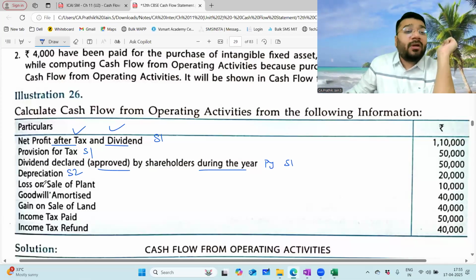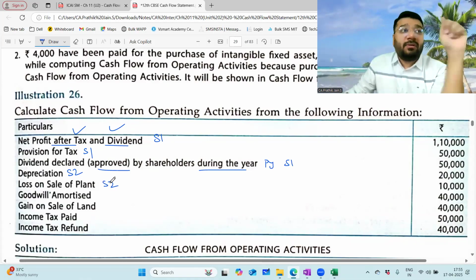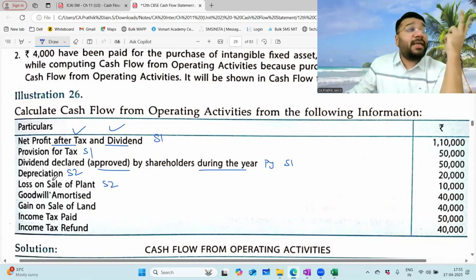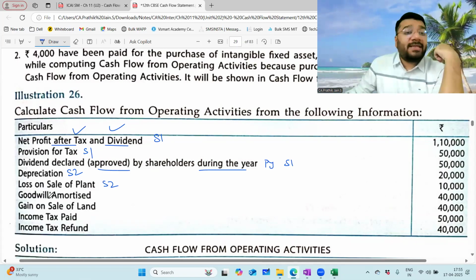Depreciation, segment 2. Loss on sale of plant, segment 2. The dividend part, you will understand only when you do schedule 3. In schedule 3, I discussed the proposed dividend in depth. So at that time you will understand. Here, I'm not discussing this point one more time. Depreciation, segment 2. Loss on sale of plant, segment 2. Goodwill amortized, segment 2. Gain on sale of land, segment 2. Income tax paid,